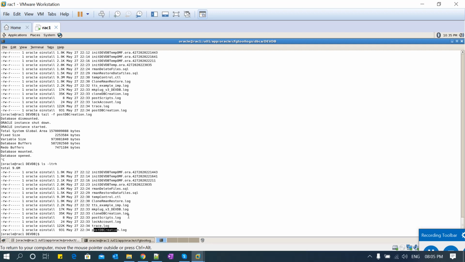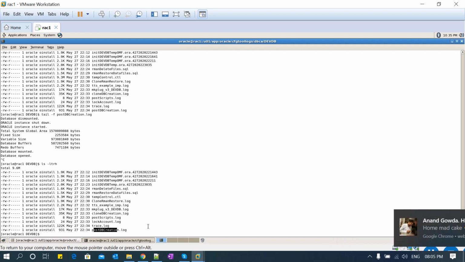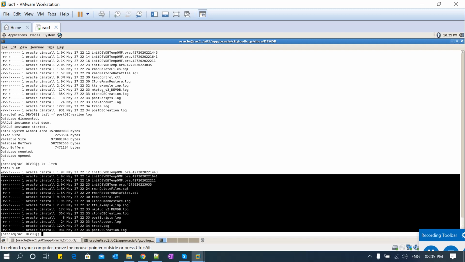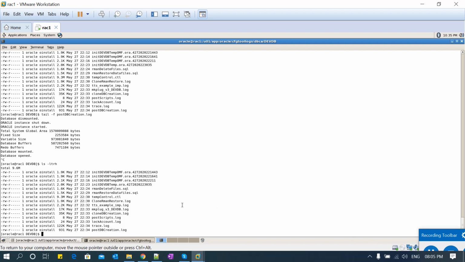So it has many sequences of steps it does in the backend, but in the front end we will see only the process steps, how many steps it will do. But once you analyze these log files, you will get to know what exactly it does in the backend. So that's pretty much it.